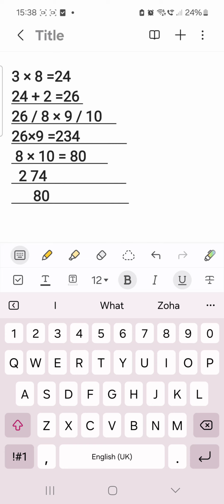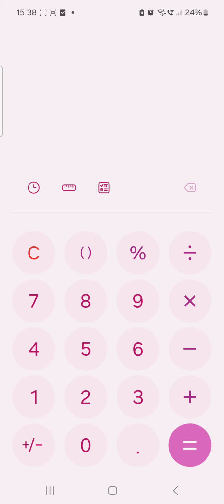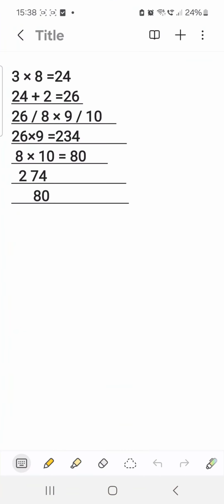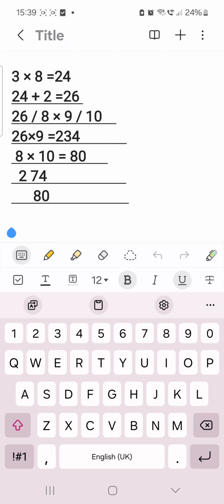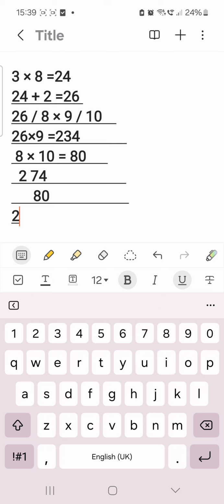So 74 divided by 2 is 37. So let's write 37. So it is, let's write 2 whole number 37